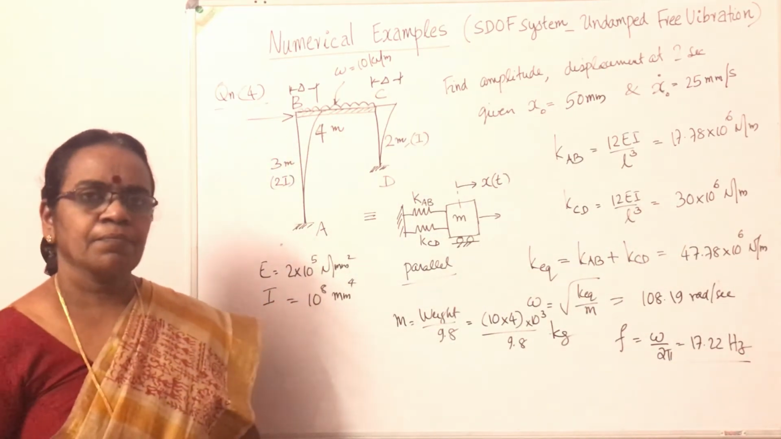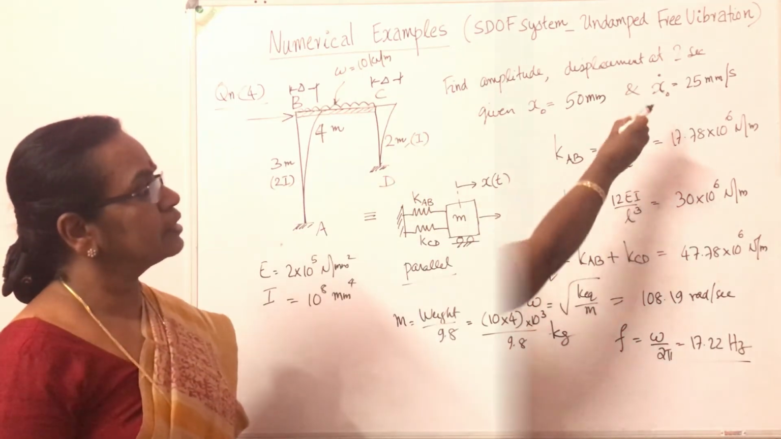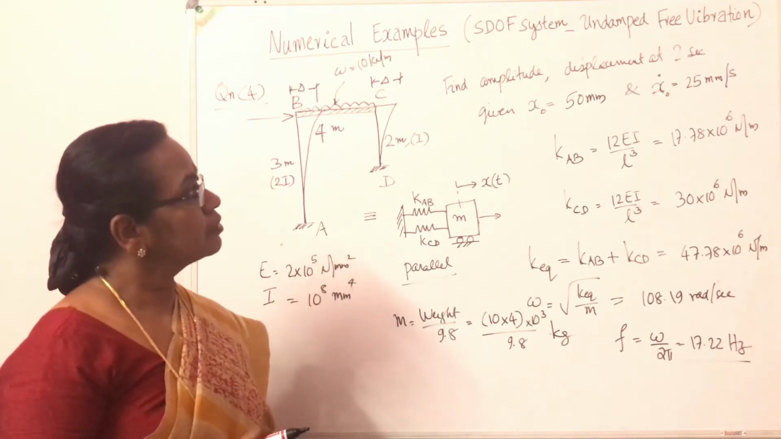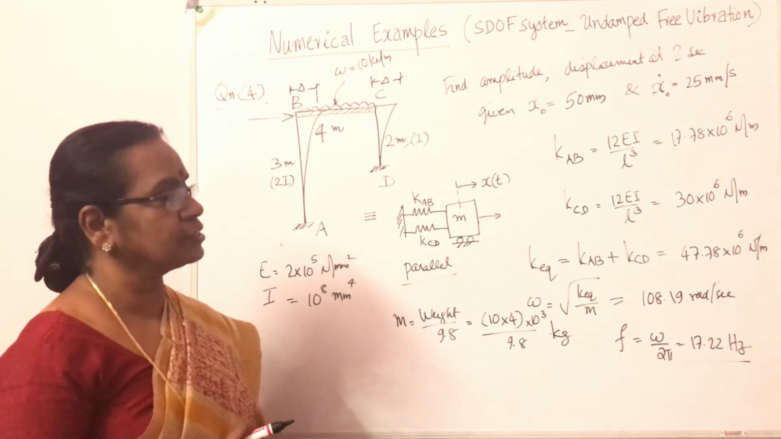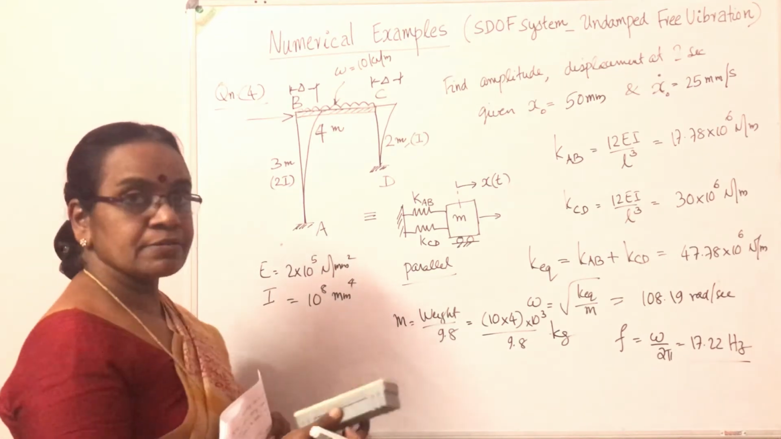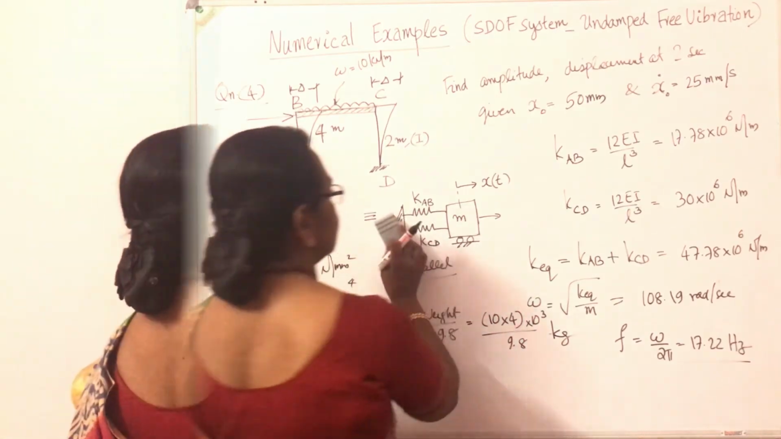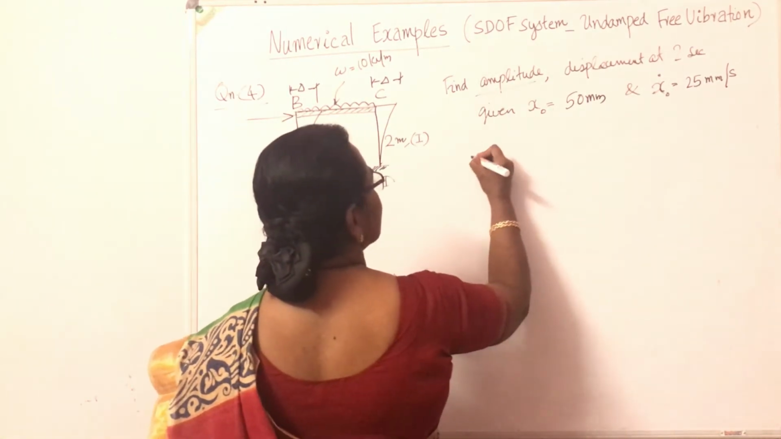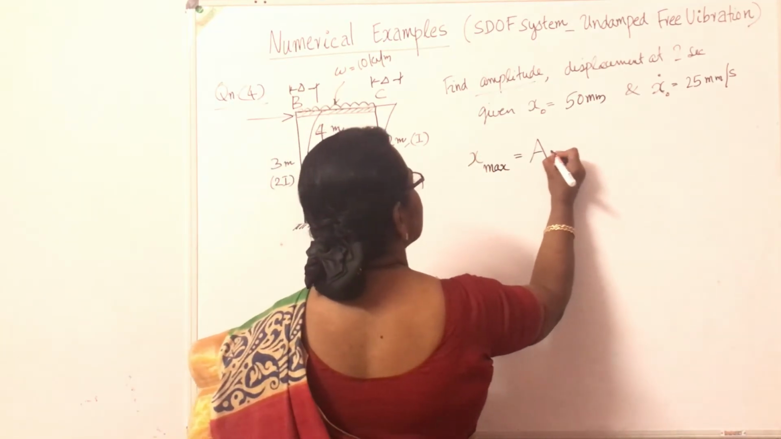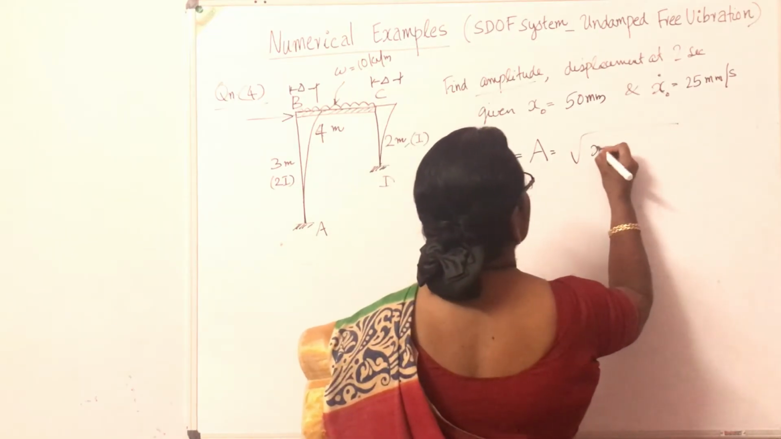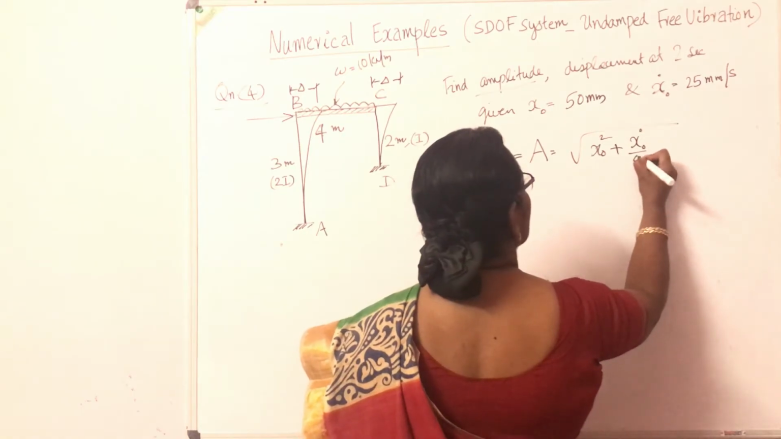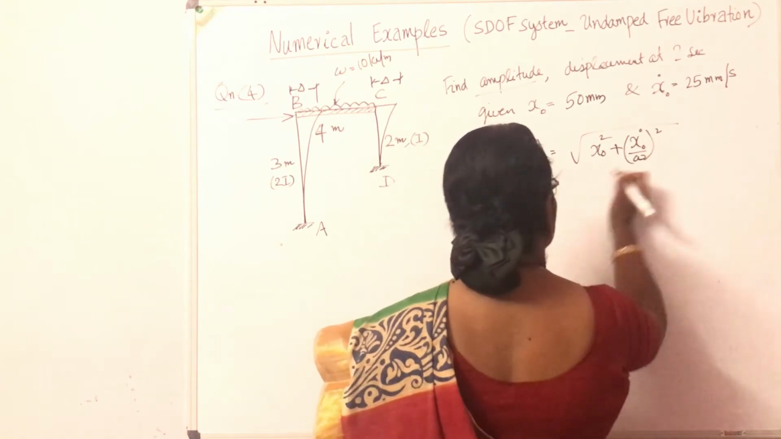17.22 hertz. Now coming to this question, find the amplitude and displacement at 2 seconds, given x0 equals 50 millimeter and x0 dash is equal to 25 millimeter per second. We can make use of this equation as in the previous example. First one, amplitude x max